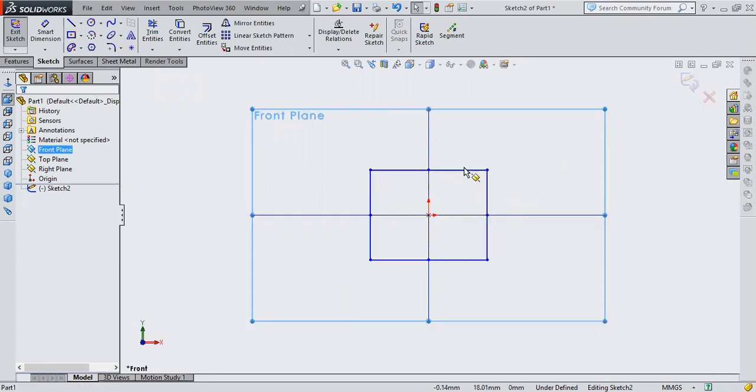By selecting that plane, I came to that front face, and from the front face I came to the back face of the software, right? Do you agree with me? Yes, sir.